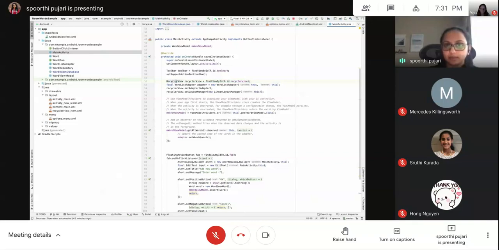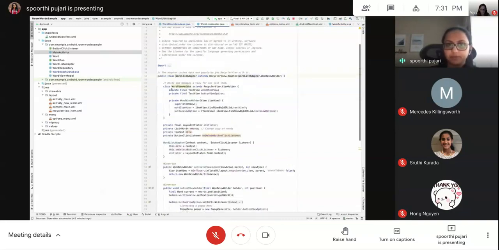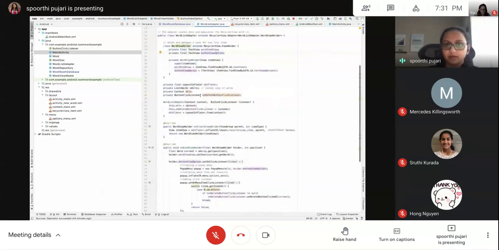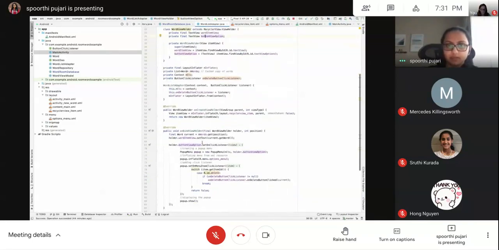To provide data to this recycler view to show what the actual words are in this list, we're using this word list adapter. So let's look at how this word list adapter looks. It extends recycler view.adapter, and then there is a view holder which holds and manages the view for each single item. Then we have all the other methods needed to show in a recycler view.